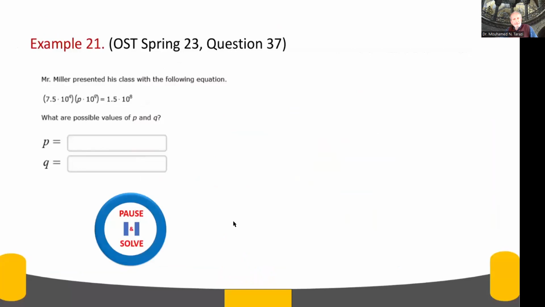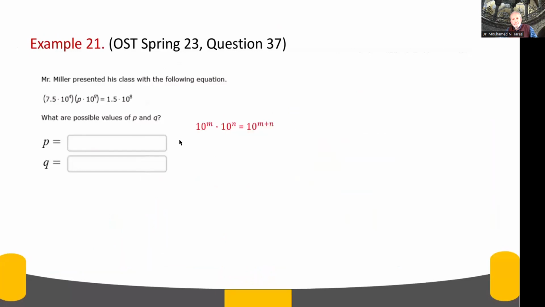Now, this example is very interesting. It says Mr. Miller presented his class with the following equation. What are possible values for P and Q? To solve a problem like this, the easiest way is to look at this number times this number should be equal to 1.5, and then 10 to the power 4 times 10 to the power Q should be equal to 10 to the power 8. So we're going to be using this formula here,